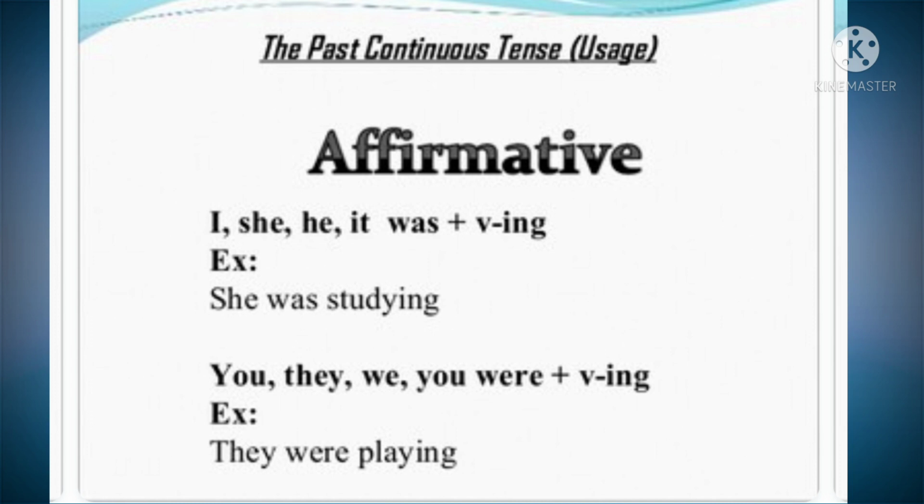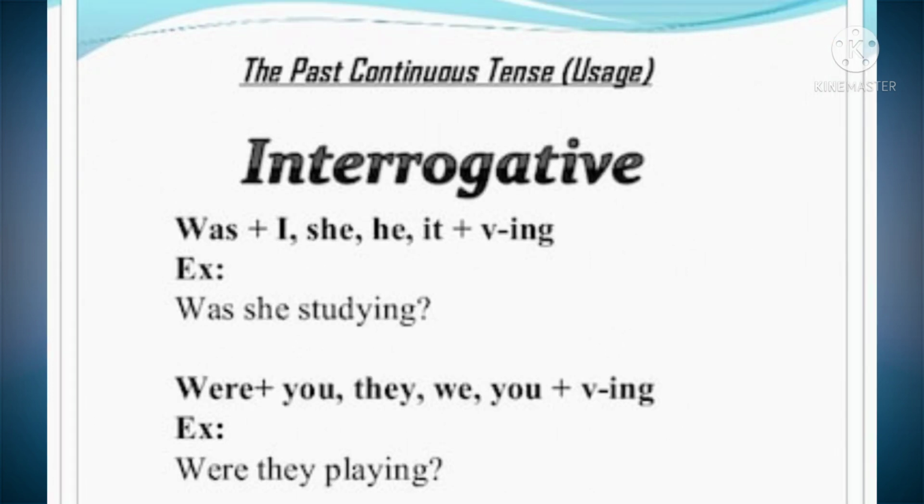Okay, it's very easy to form questions for all the tenses other than simple present and simple past, because already the auxiliary will be there in the sentence. If there is an auxiliary in a sentence, place the auxiliary first, and after that you place the subject, so that you can frame the question very easily. Okay, she was studying. You have to change was into the first position and she second. That is was or were plus subject plus verb plus ing form.